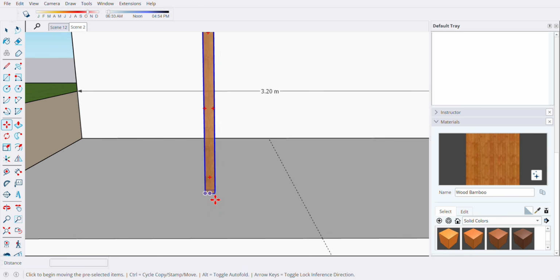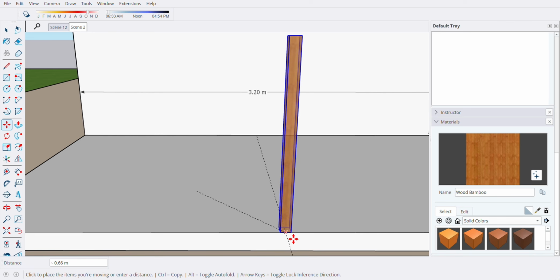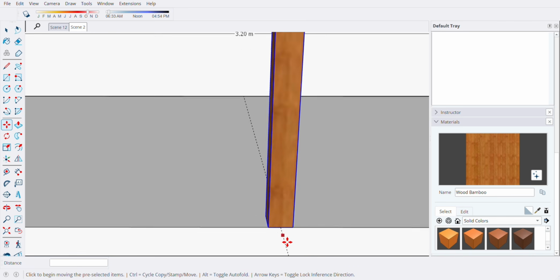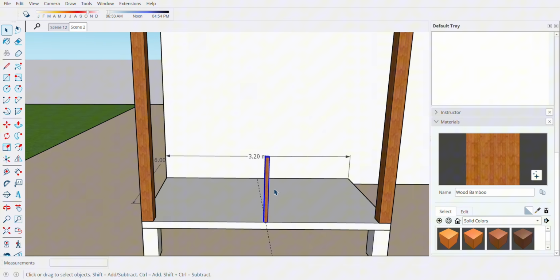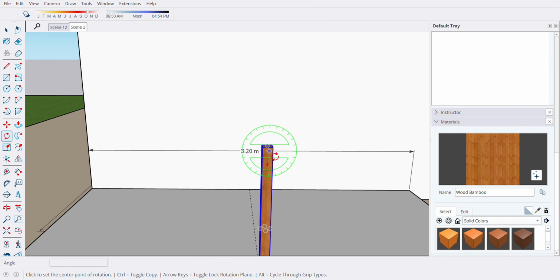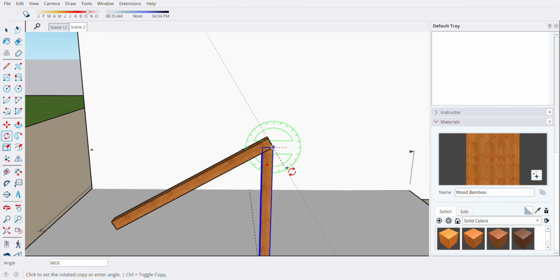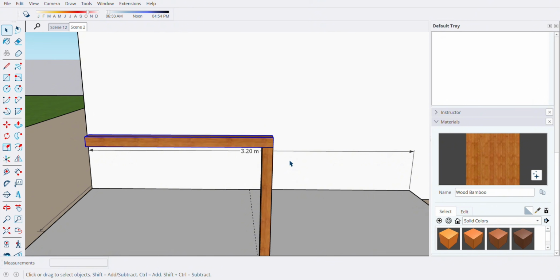So move this one up to this midpoint, and then this one copy, rotate 90.